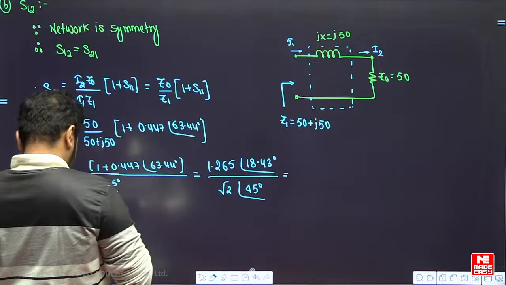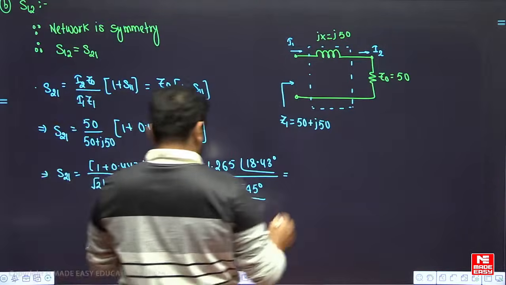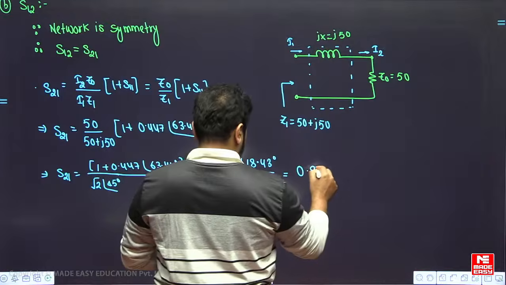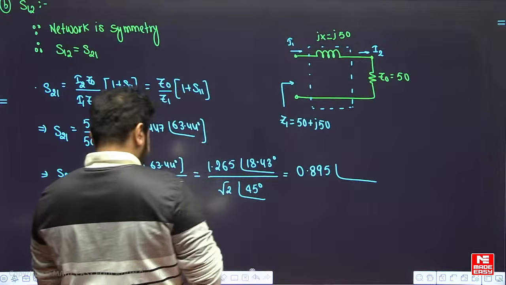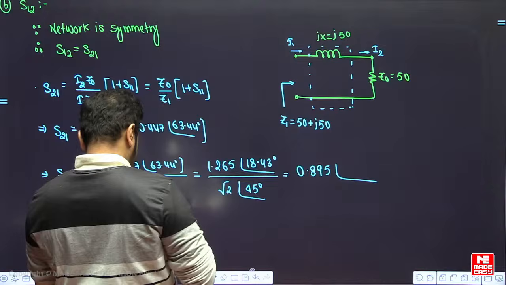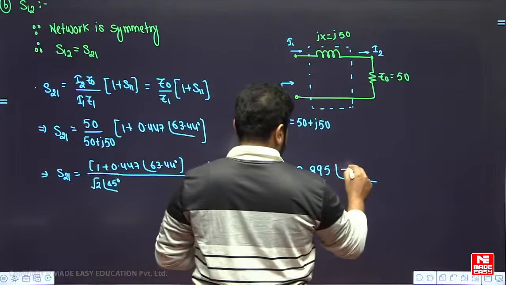So, this is 1.265 divided by root 2, 0.895 approximately at an angle 18.43 minus 45, that is minus 26.57,